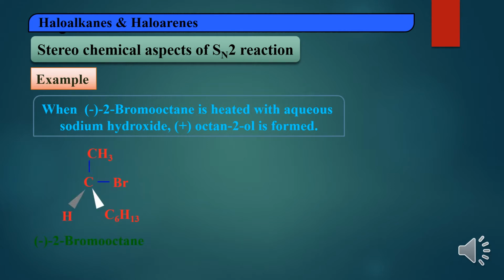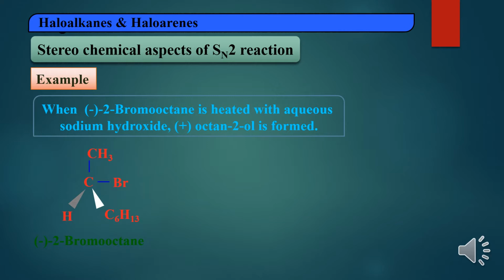See the example. So Br is attached to a carbon atom. That carbon atom is attached to 4 different groups. So where halogen is attached, that carbon atom is attached to 4 different groups. It is called stereocenter or stereogenic carbon or asymmetric carbon atom. The particular carbon atom we will call a chiral carbon atom or stereocarbon atom.